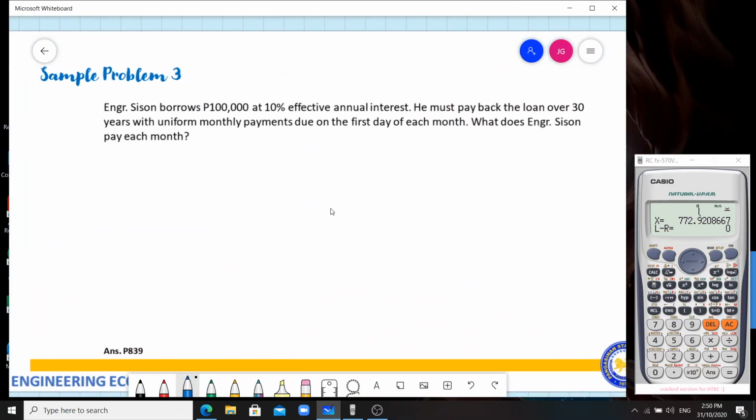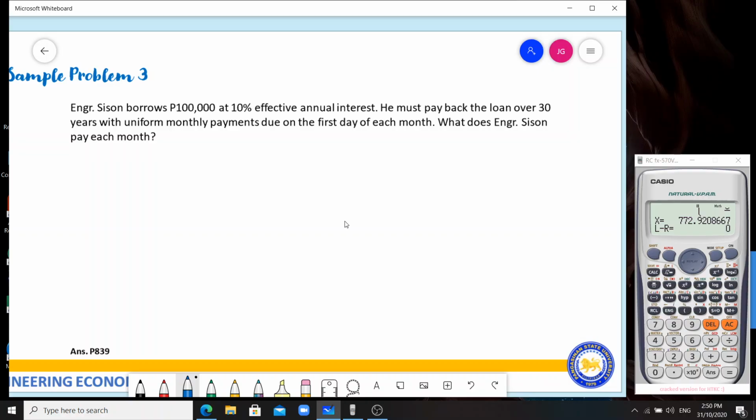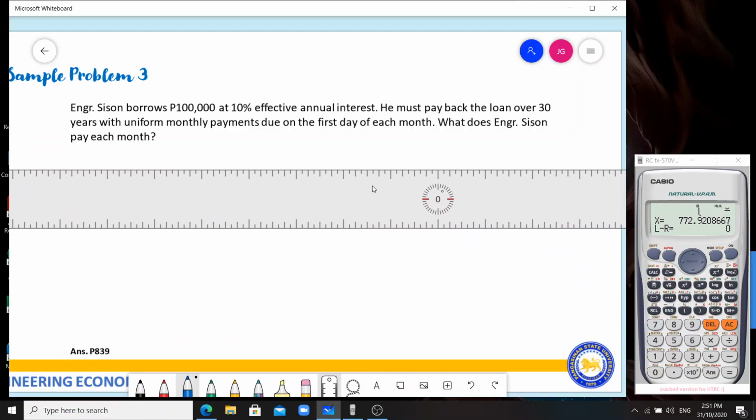And next problem is sample number 3. Engineer Season borrows 100,000 at 10% effective annual interest. He must pay back the loan over 30 years with uniform monthly payments due on the first day of each month. Okay. What does Engineer Season pay each month? Okay. So, 30 years with uniform monthly payment. Okay, napaka dami niyan kung gagawan natin ng cash flow. But technically, ang itsura ng cash flow natin is